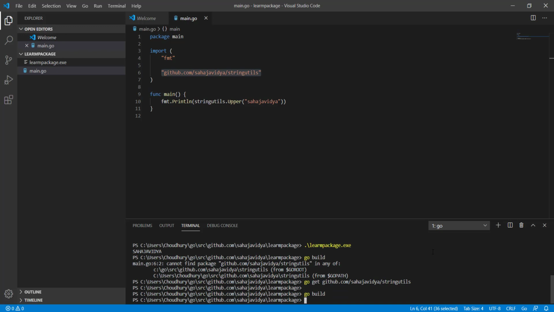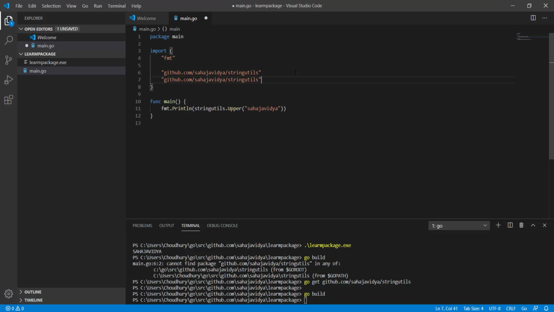Hope now you understood how to use a package from a repository and how this helps in code reuse. Sometimes a situation can come where we want to use stringutil from multiple repositories. Let's say I want to use one more stringutil package, and by coincidence the package name is the same but the path is different, like abc/this. In that case, when you write package name dot Upper, it cannot identify which package to use.